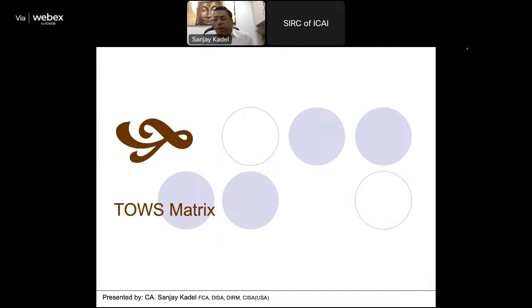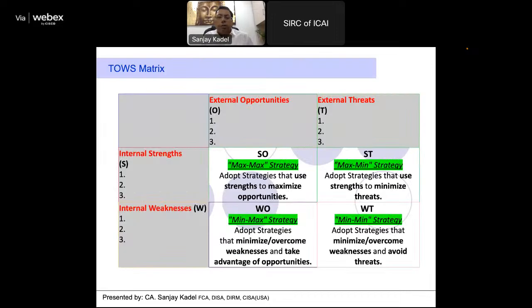Now, what is this matrix about? What he does is, instead of keeping strengths, weaknesses, opportunities, and threats inside the boxes, he keeps them outside the box. So on the left side, he plots strengths, and weaknesses at the bottom. On the top, he puts opportunities and threats. By doing this, he has 4 empty boxes or 4 empty situations. So when you have 4 empty situations, you can have 4 types of